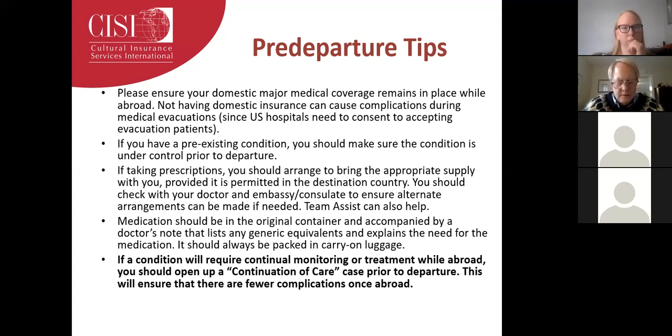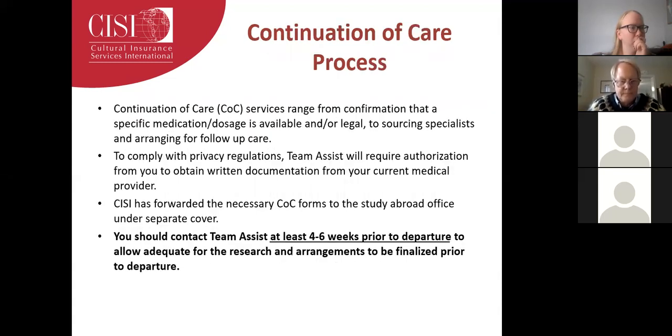If you require continual monitoring or treatment because of a pre-existing condition, we encourage you to open up something called a continuation of care case prior to departure. And this will ensure that there are fewer complications while you're abroad. The continuation of care process can range from confirmation that a specific medication is available and or legal where you're going, to sourcing specialists and arranging for follow-up care. Okay, so